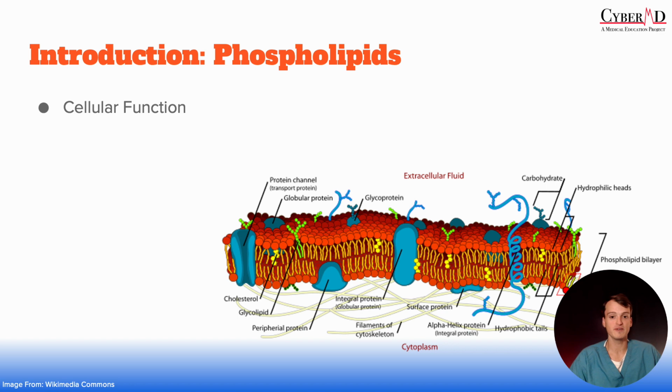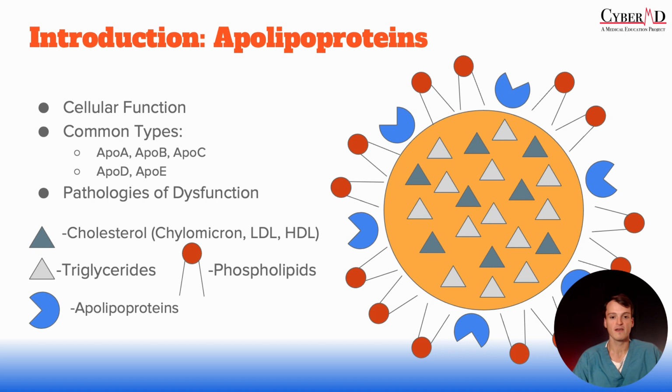Next is phospholipids, which are the predominant lipid that make up the phospholipid bilayer, the membrane of lipoproteins, which is going to be their main function. And then last, we have the apolipoproteins, which are the protein components of lipoproteins. They serve as structural components. They help in the stabilization of the lipoproteins, and they are involved in the metabolism and the clearance of LDLs,